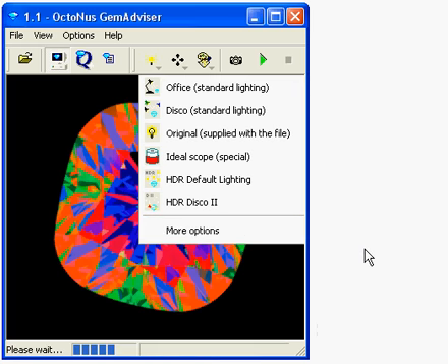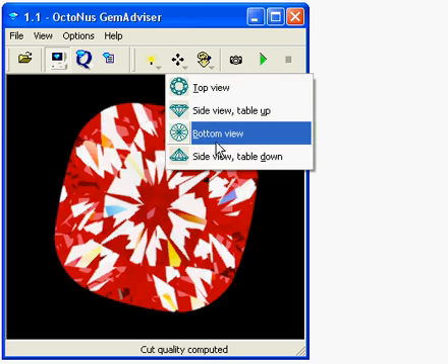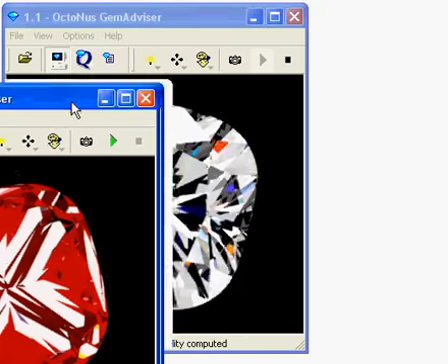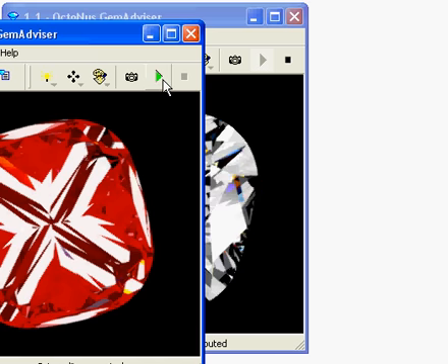The other option that's interesting, of course it doesn't really work with too many cushions, is the hearts and arrows viewer, and you can flip the stone upside down using this tool here. Now, you can also take photographs, and another tool is if you click this button here, you can make a little movie. About 100 still shots are captured, and what I've done is I've actually run that movie here, but